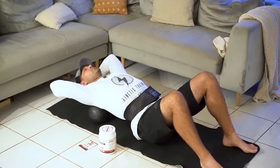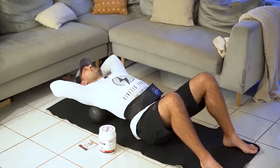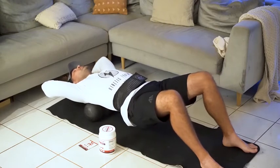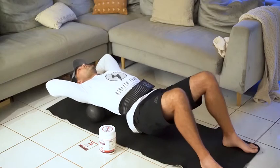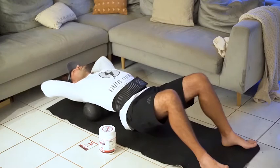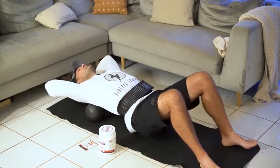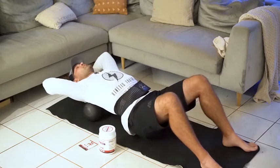And as I do that, I'm going to take a deep breath in through the nose, belly breathe, expand that diaphragm, and as I breathe out, I'm going to lift my hips, and again, continue to let my head cradle into my hands, which is also allowing my cervical extensors, the muscles on the backside of my neck, to relax and help decompress some of that tight, compressed tissue and those tight, compressed cervical discs,